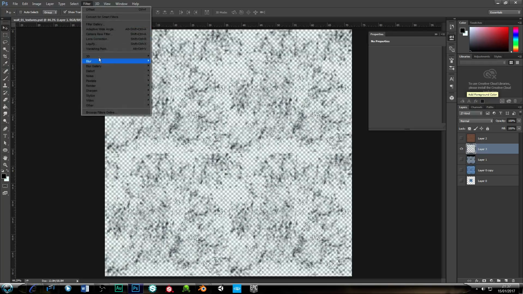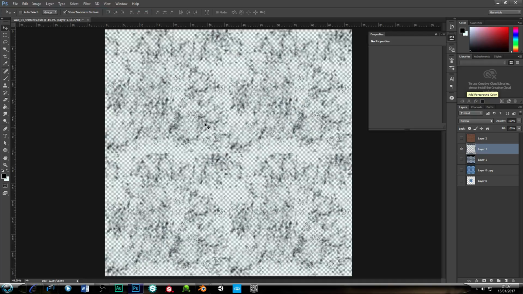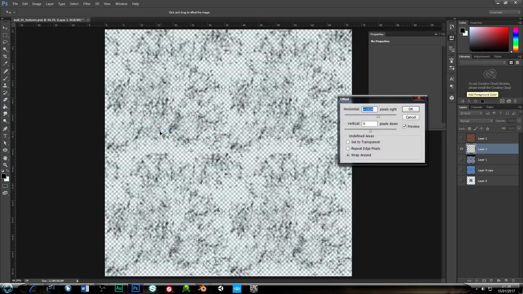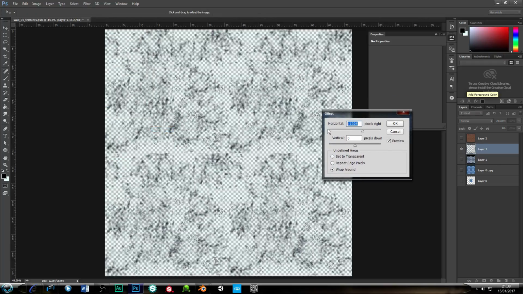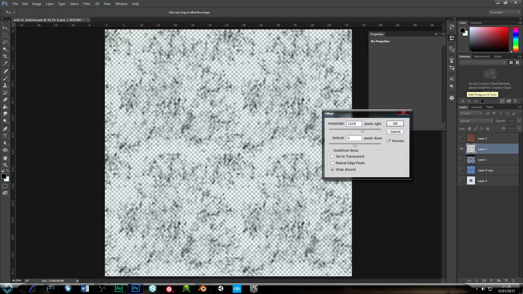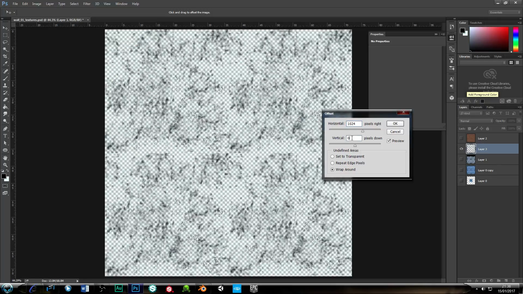Let's do filter, offset. Did that do it? Offset. Oh, it didn't come up. Right, so that's a 0. So if I put this to 512, it won't tile. But if I do 1024, which is half of 2048, and then 1024, click OK,